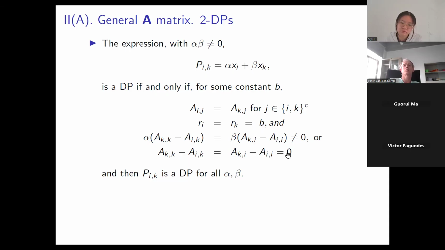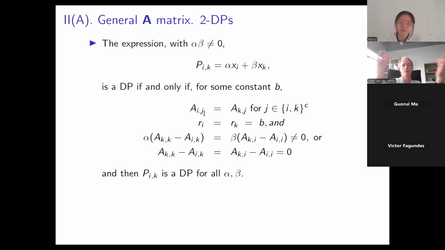We have either, this is a special case of the matrix. So this is a very constrained case where you just have lots of zeros. So if you don't have the zeros, then this is the main condition. That the rows, the ith row and the kth row, this is i here and this is k here, of the matrix A are basically the same apart from column i and column k. And in all other columns than i and k, the rows are the same. So that is a nice constraint on the matrix A.